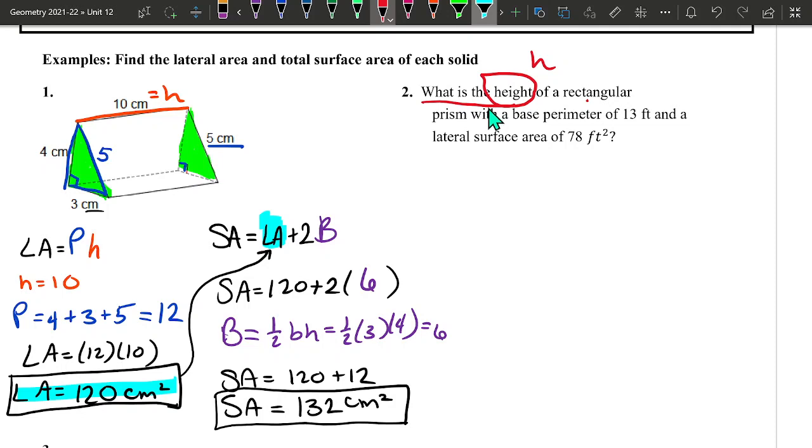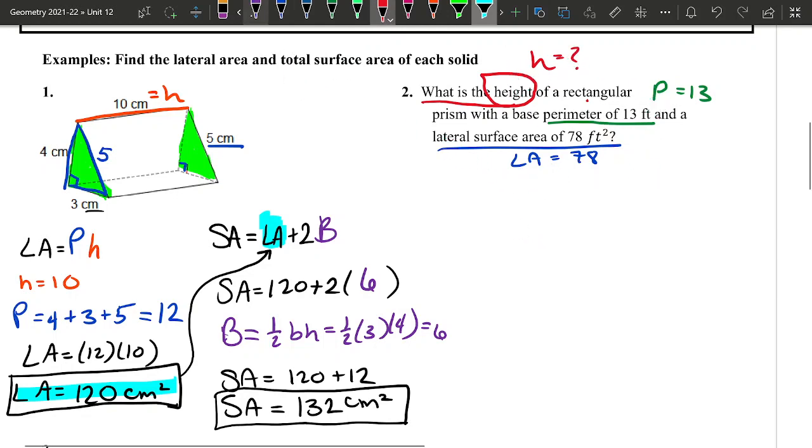If it's a rectangular prism, we know what formula we're going to use. The base perimeter, P, is 13. And a lateral surface area of 78 feet squared, so lateral area equals 78. I don't know what h is. So if I use my lateral area formula,